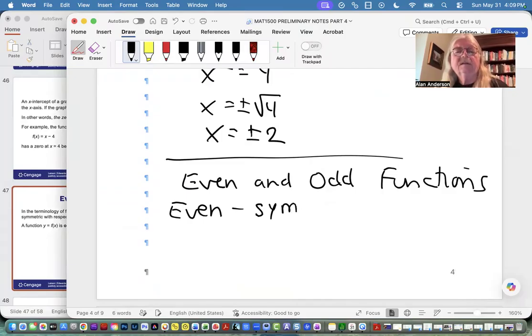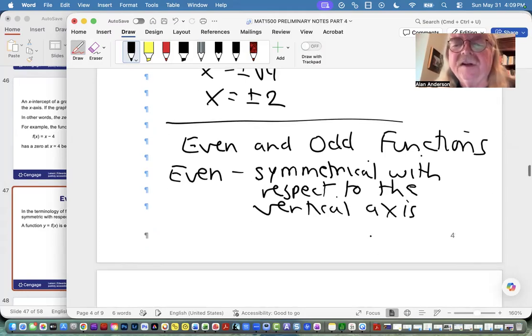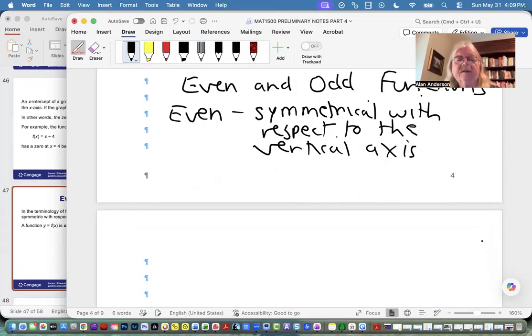Symmetrical with respect to the vertical axis is an even function. Okay, and we can prove it